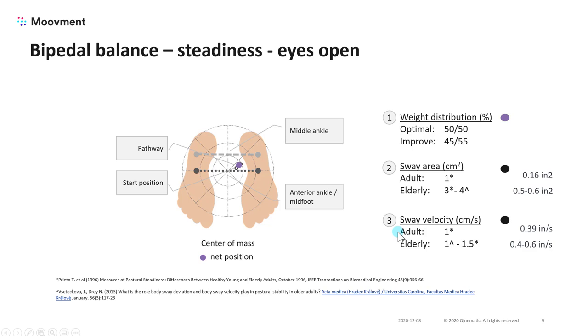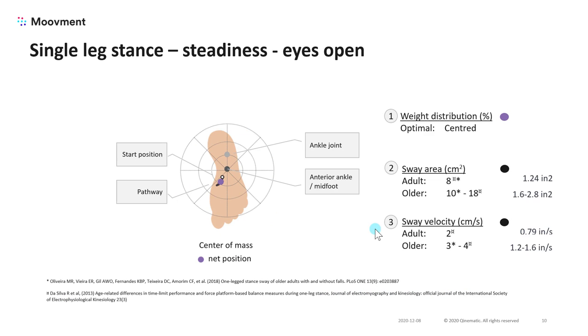Sway velocity, or how quickly you move, and that could be in anticipation of losing balance or at the point of losing balance and recovering from that position, tends to show at 1 centimeter in young adults and 1 to 1.5 in the elderly. And this has been noted in the literature as a good way to determine if somebody has risk of falling. Single leg stance with eyes open